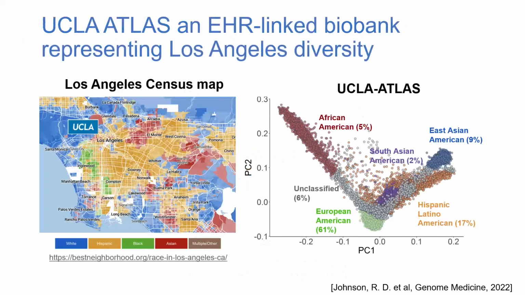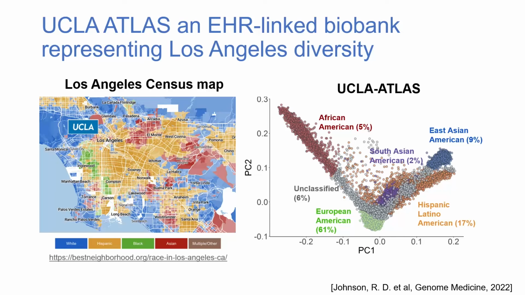All right. So now I should introduce to you the biobank where we applied this data, and this is for those of you that have never been to LA. This is a very colorful map of LA that we use. UCLA is somewhere there in the blue shaded area. The color coding is based on the self-reported race and ethnicity, and I don't know exactly how they color coded it, but it's presumably as a function of which group is the majority in that neighborhood. And the punchline here is that it's very colorful.